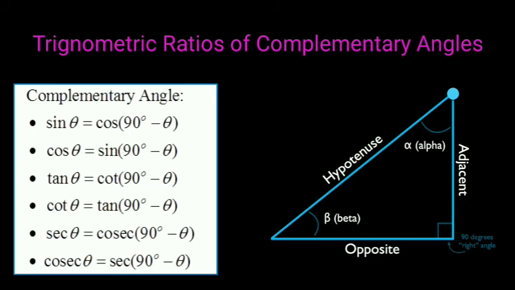Okay, so let's begin the trigonometric ratios of complementary angles. We can see in this figure, a right angle triangle is given, and one angle is 90 degree, and the remaining two angles are alpha and beta. We know very well that if one angle is 90 degree and the sum of angles of a triangle is 180 degree, in that way alpha plus beta is equal to 90 degree, and these both angles are complementary angles. So now we will find out the values of trigonometric ratios of complementary angles.